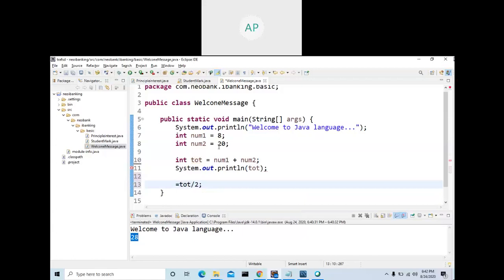So after this one 28, in this scenario, if I make it 30, after this line the value inside will be 50, and 50 divided by 2 is 25. Where is it going to store? So declare a variable. Always the right hand side will evaluate and the result will be stored in the left hand side. So in the left hand side you are going to declare a variable.